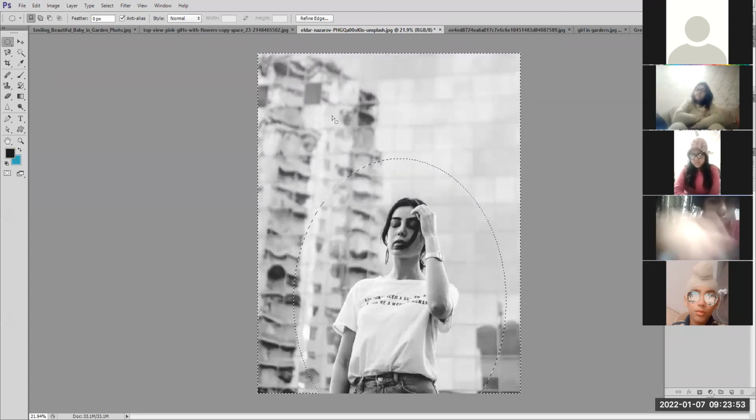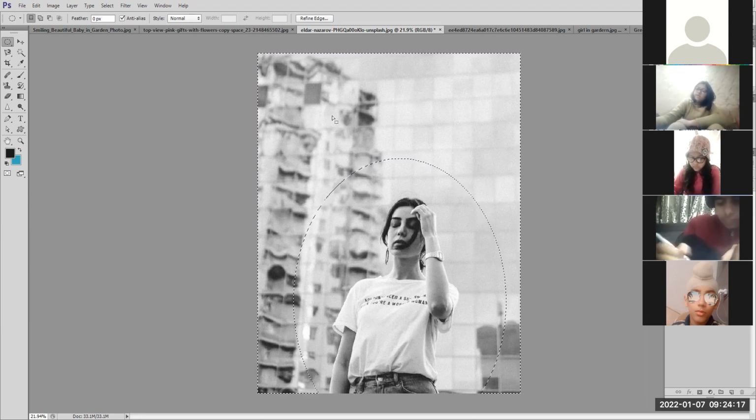These are also not given in the book. One, Alt plus Backspace. It is used to fill the foreground color in the selected area. Second is Control plus Backspace.